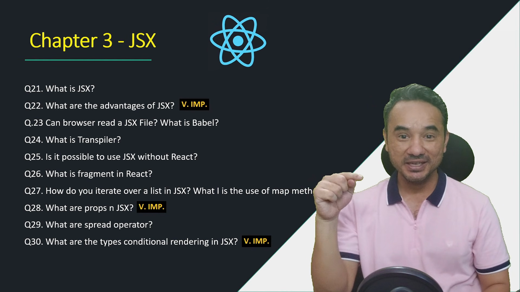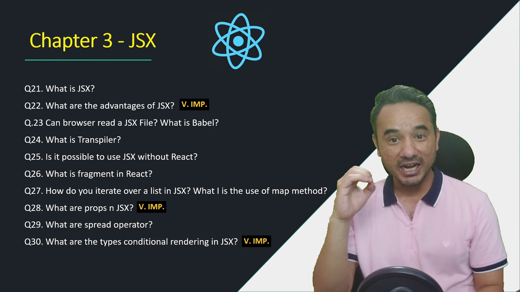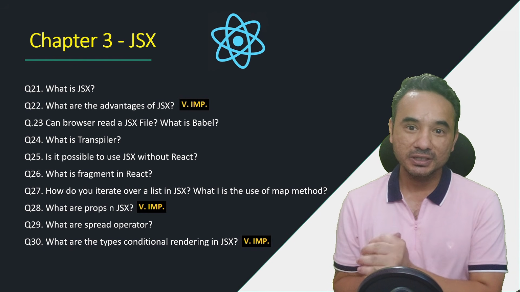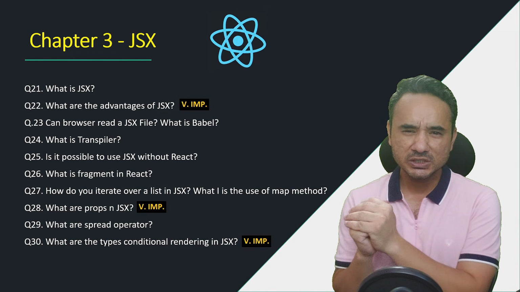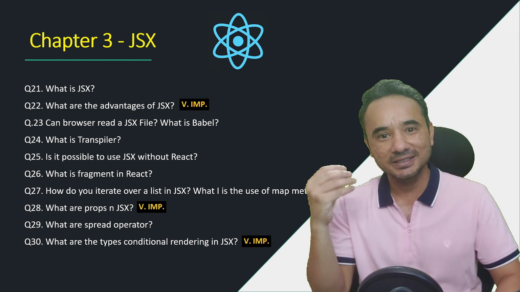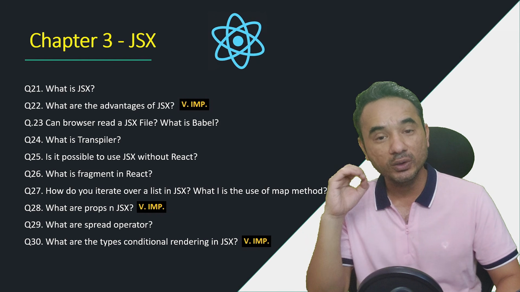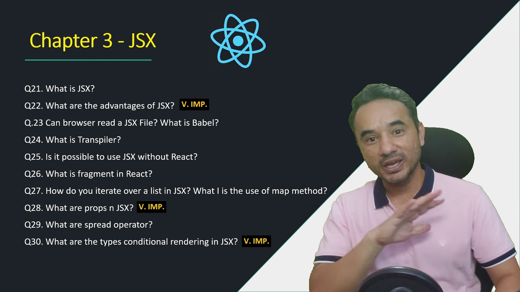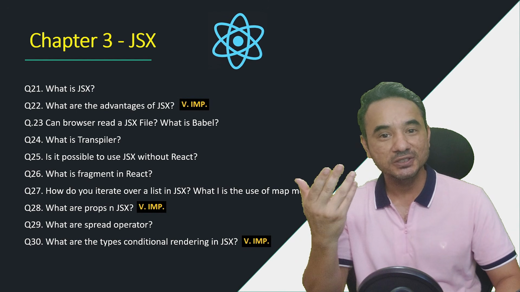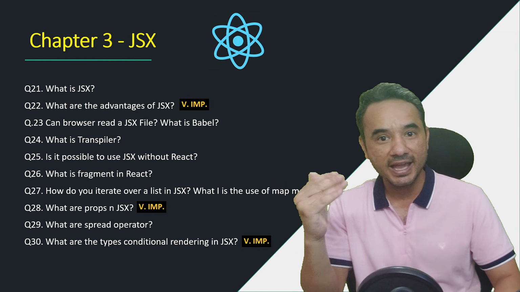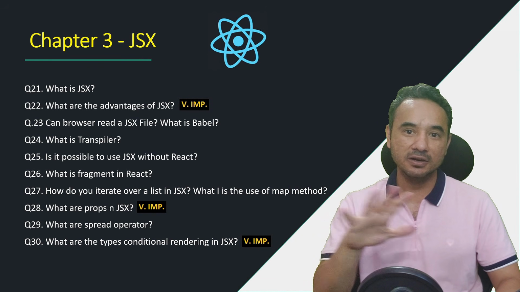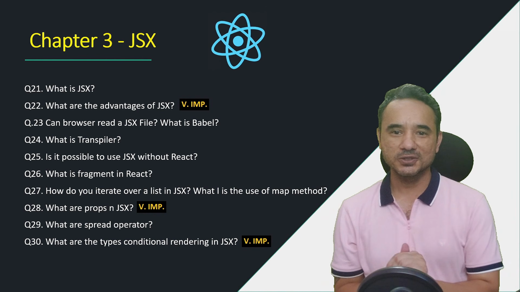If you are here, it means you are serious about the interviews, and we definitely get those things about which we are serious, right? Here is now the third chapter of this mini course, and the questions will be from JSX. JSX is a very important thing because for a React developer you have to write the code in JSX, right? So here is the list of all the questions in JSX in a sequential manner. We have questions on JSX advantages, working of React, fragments, conditional rendering. All basic concepts of JSX are covered. Okay, so let's start with the first question.